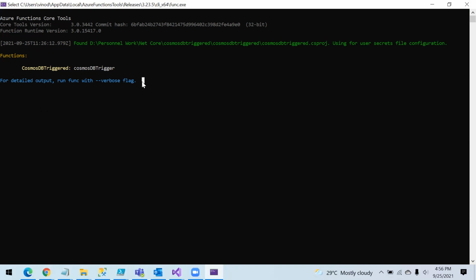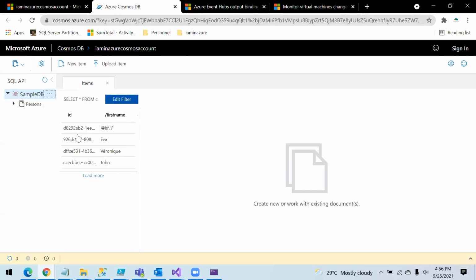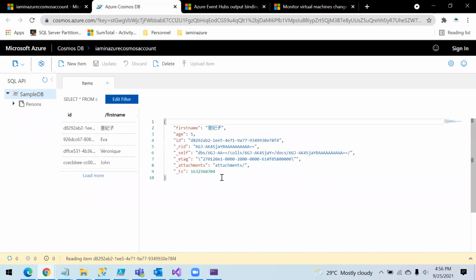What we're going to do is create a new record or new item inside the Cosmos DB and see if it is triggering this function app or not. So this is ready here. Let's go to Cosmos DB and create a new item here.